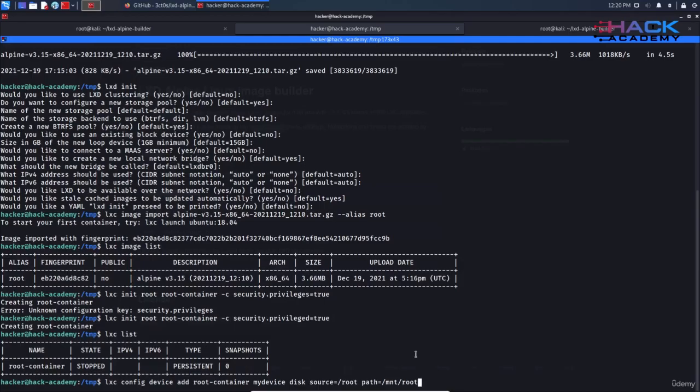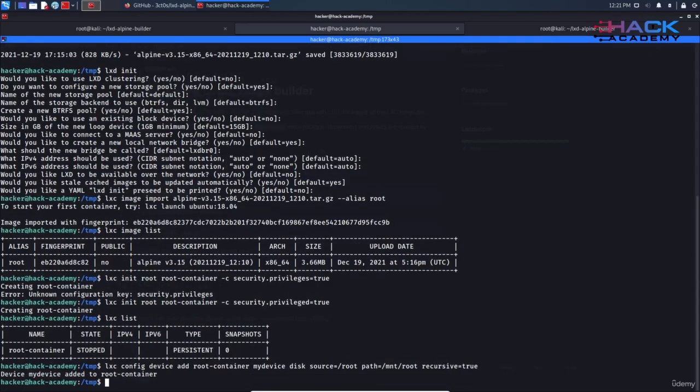And the last thing is to add the recursive option and set it to true to make sure that we get all of the files and directories within the source directory. In our case, the source directory is the root directory. We can now hit enter,